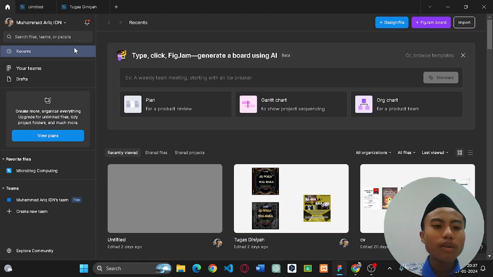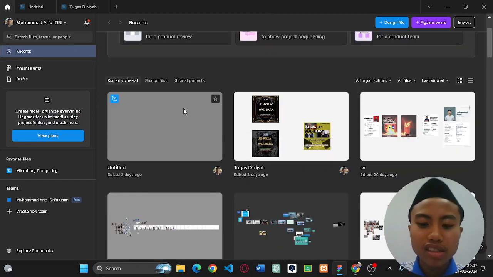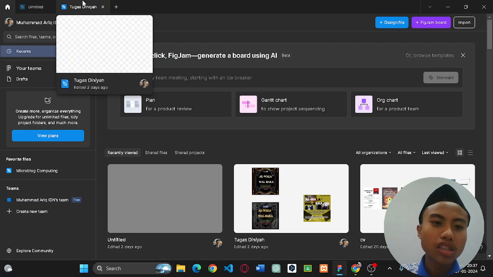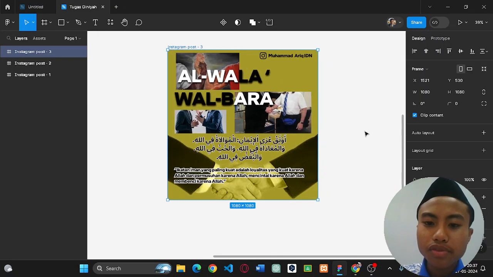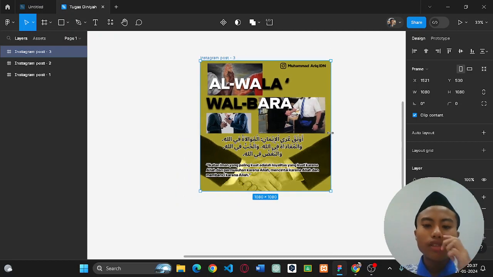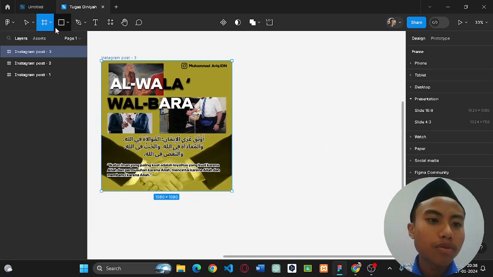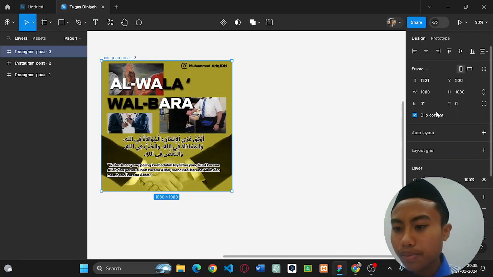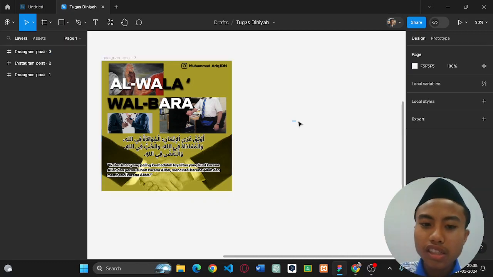So Figma, wait, before Figma, if you guys know Canva, Canva is a pretty simple design software that uses templates. And if you know Photoshop, Photoshop is also a design software, and it's very complex. Figma is more complex than Canva and simpler than Photoshop. Like this, you can have some widgets in here, and yeah, you can have some description in here.